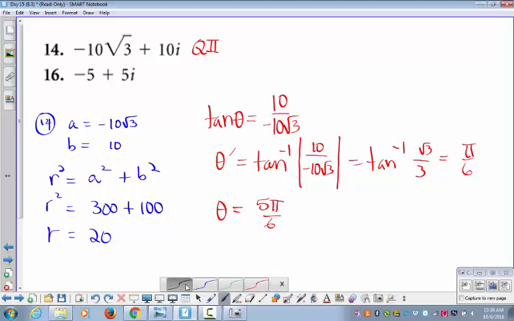That allows us to conclude that this number up here is r times the quantity cosine 5 pi over 6 plus i sine of 5 pi over 6. And again, that's a pain in the neck to write all that stuff out. It's a lot quicker to write